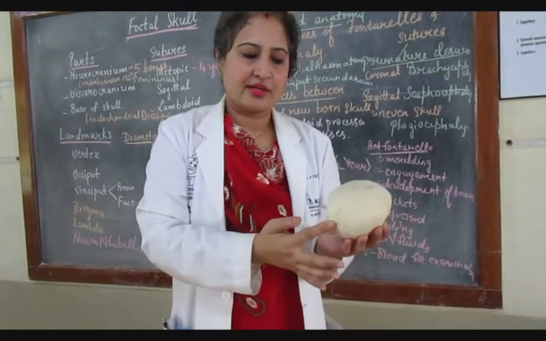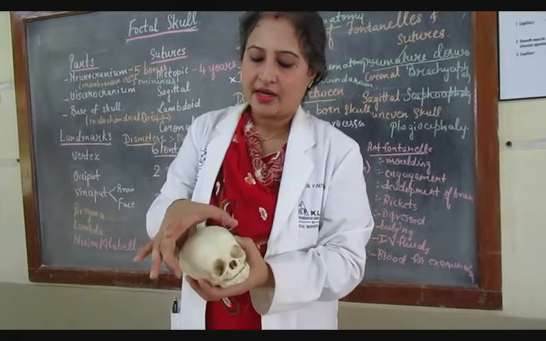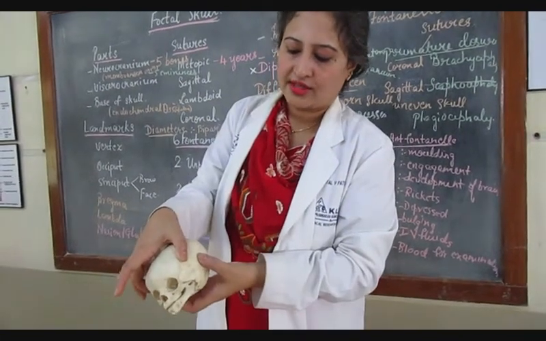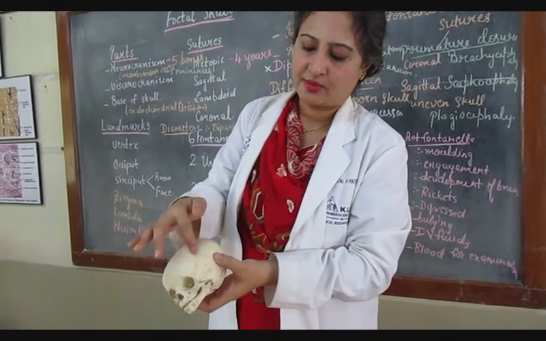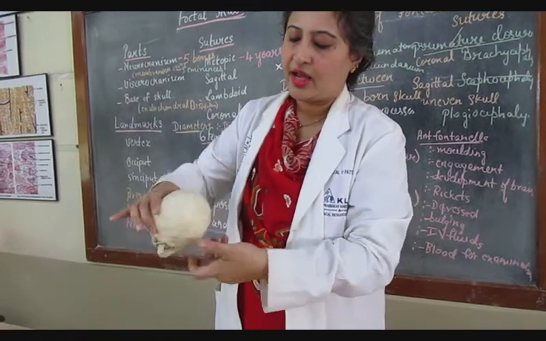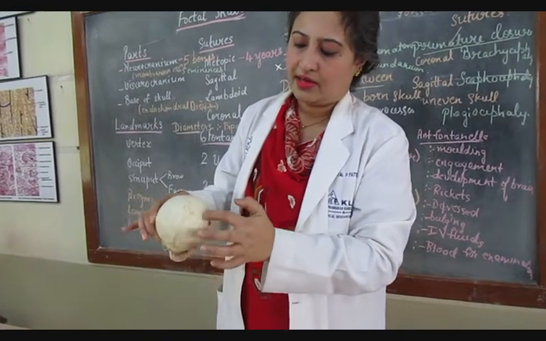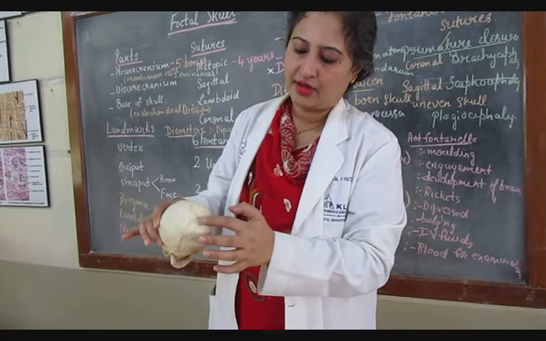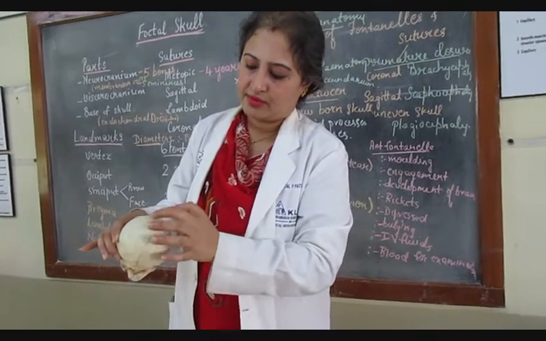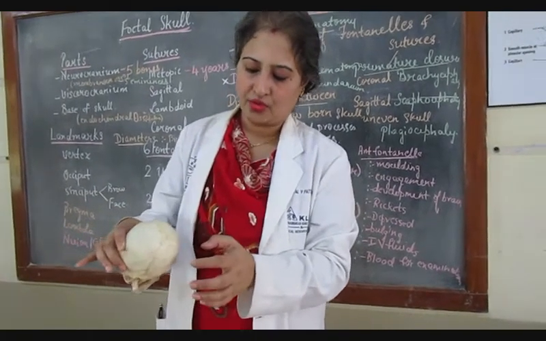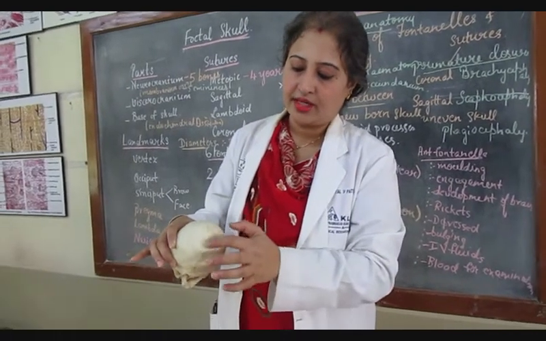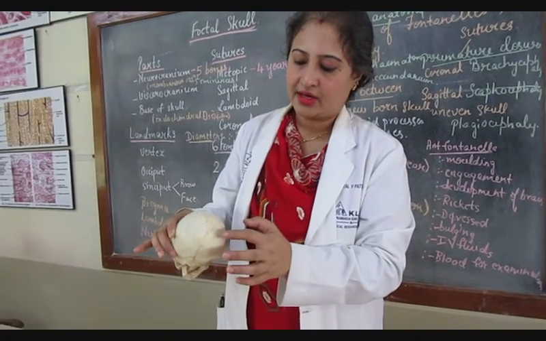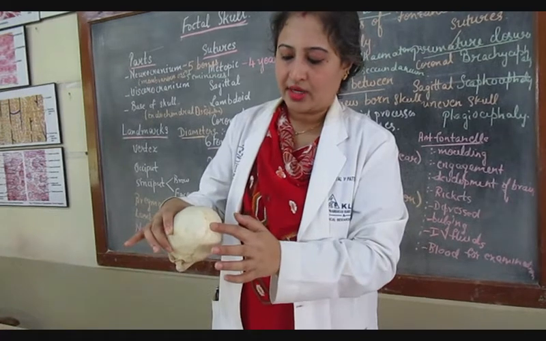Anterior and posterior are unpaired fontanelles, and there are 2 anterolateral, also called the sphenoidal fontanelles, which correspond with the area called pterion. And this is the lambdoid or posterior fontanelle, where the 2 lambdoid sutures meet with the sagittal suture. This area is called the posterior fontanelle, and it's also called asterion.